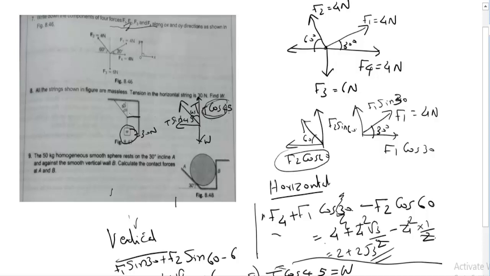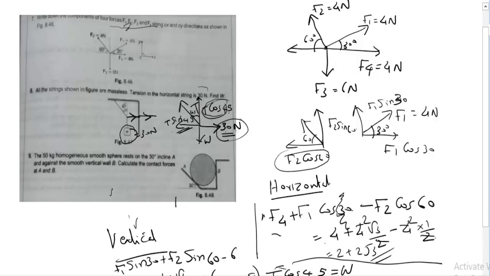And you can see here one more force is acting, right? This will be the reaction force acting on the object. So the reaction force I can represent as W here. That will be equal to the 30 Newton, the reaction force through the tension. The tension in the horizontal string is 30 Newton over here. So this 30 Newton is balancing with the sin 45. So here we can write T sin 45 equals 30 Newton. So T cos 45 was balancing with the weight and T sin 45 was balancing with the 30 Newton.